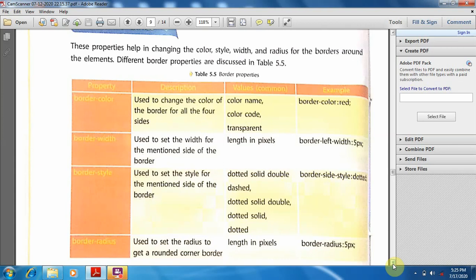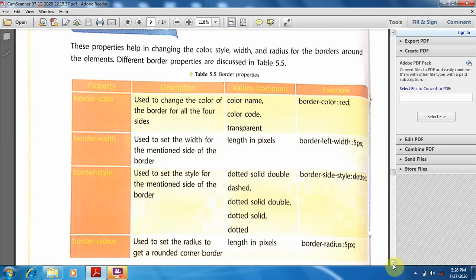Mentioned side means we can give the side for which we want to set the border. For example, if I give border left width, I can also give border right width, border top width, border bottom width.